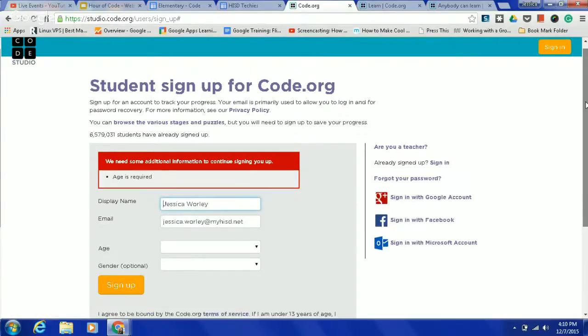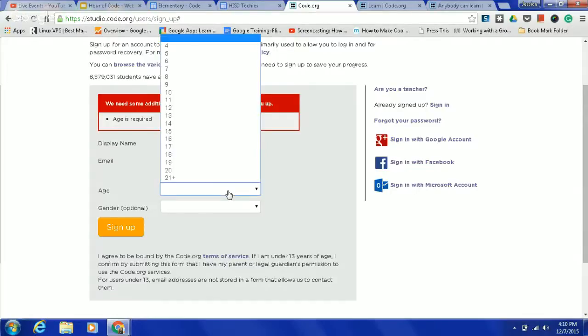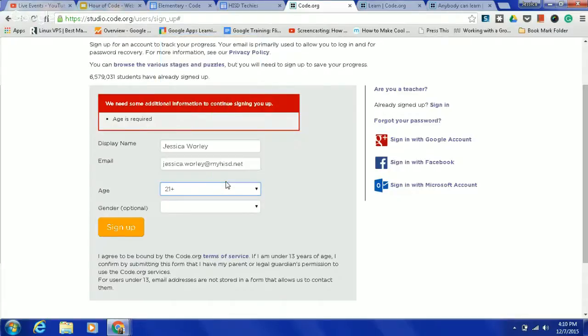It's going to ask you a few other things. It's going to ask you for your age, and the reason it does that is because this website is not only for students, it's for parents, it's for teachers, it's for administrators, it's for grandparents. So it really does just want to get a general idea of how old you are. Once you get to the teacher age, you can just say you're 21 plus.